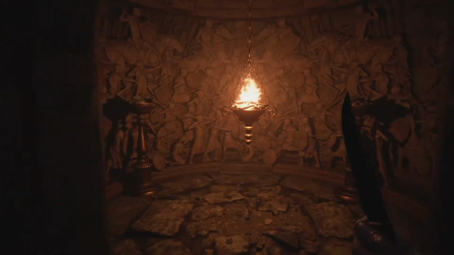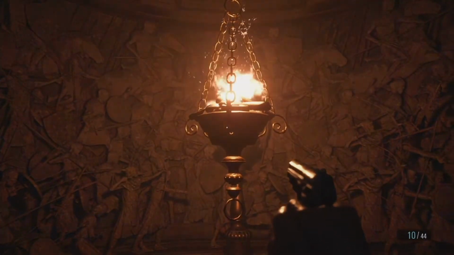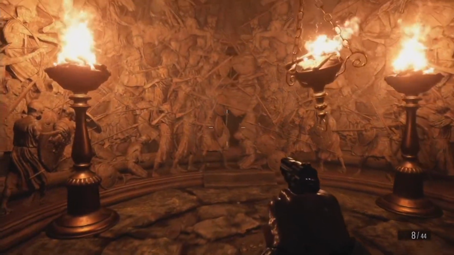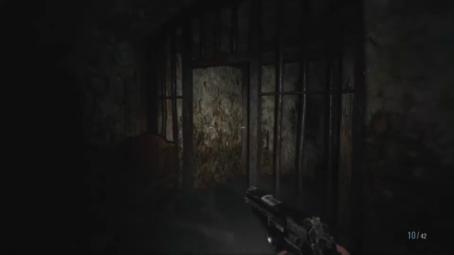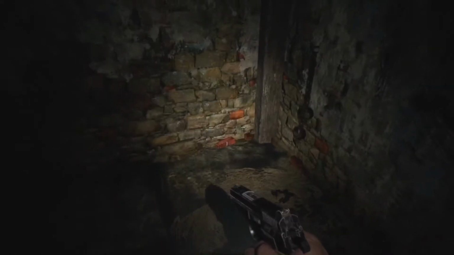And here's the first actual puzzle in the game. There was a file somewhere that talked about fire becoming the light or something. Basically, you just have to push the little torch in the middle of the room into those other torches to light them up, and the door opens at the end of the chamber,